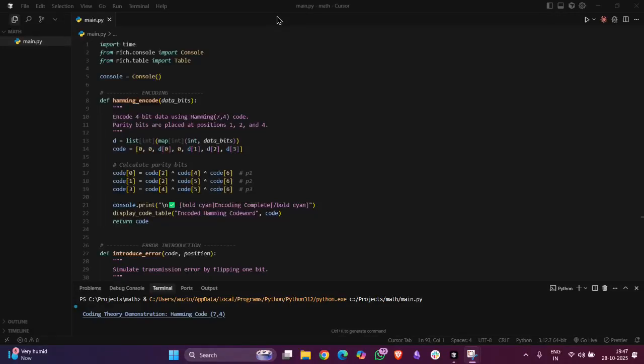We'll be looking at the topic, coding theory. So, before we look at the code, let's first understand what coding theory means in mathematics. Coding theory is a branch of applied mathematics and computer science that focuses on detecting and correcting errors that occur